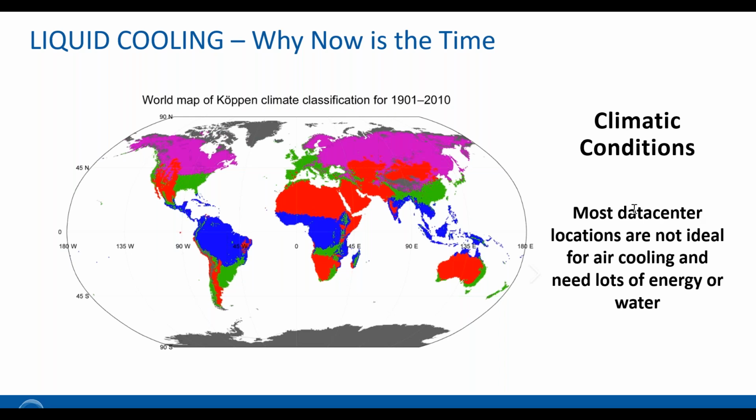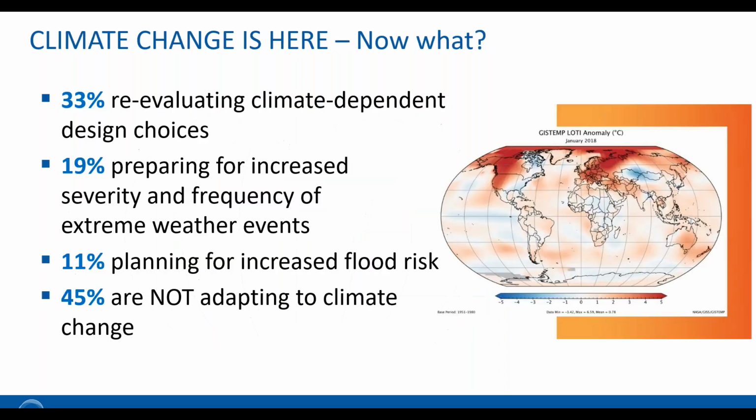The other consideration, next slide please, is climate change itself. So, climate change. Again, according to our surveys, climate change is becoming a top-of-mind consideration when people are looking at their data center design and the resilience of that data center. And what worries increasingly many people is that in the future we might see extreme weather events that we have simply not seen and observed in the past, breaking the engineering assumptions around temperature and humidity, wet bulb